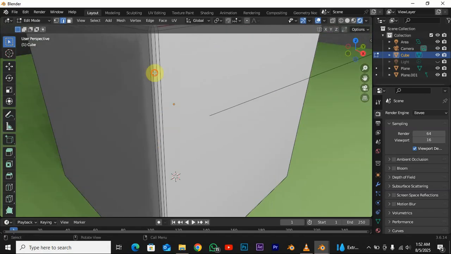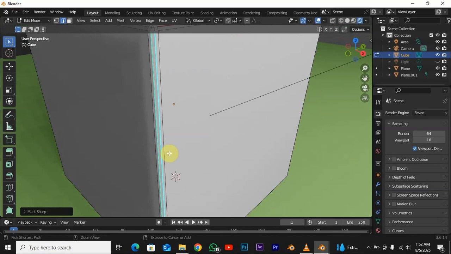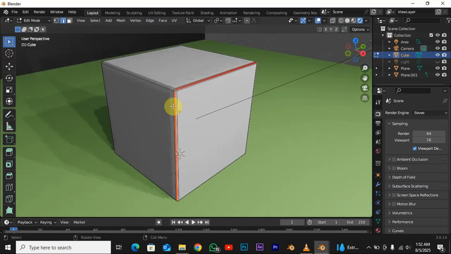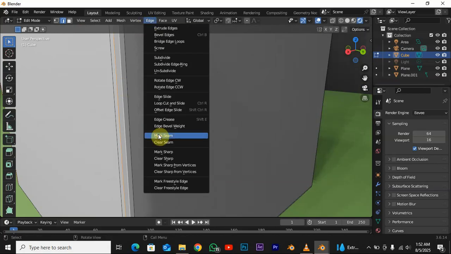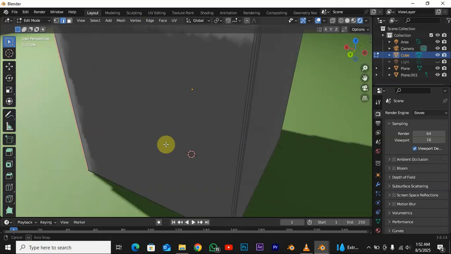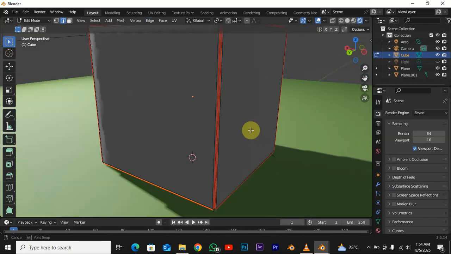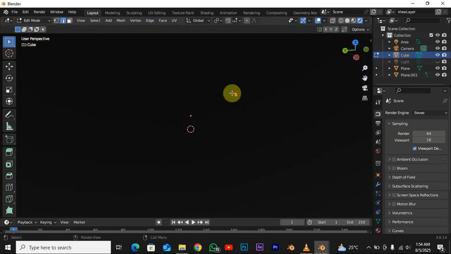So let me mark the seam all around, just to show you, because this is for tutorial sake. Edges, mark seam. Oh, sorry, excuse me, undo that. Edges, mark seam. So you mark them all around the edges. I'm holding down my shift, clicking them, then mark seam. Mark all the edges. So when you are done with marking your seam, then what you can do now is